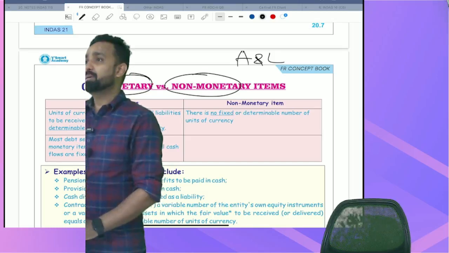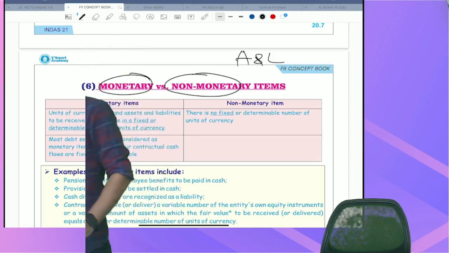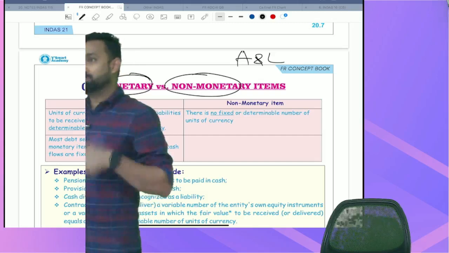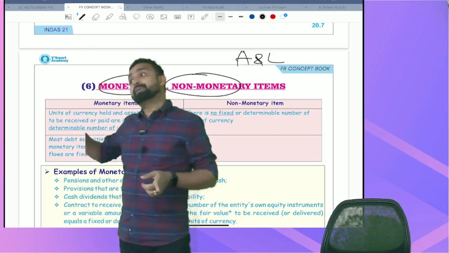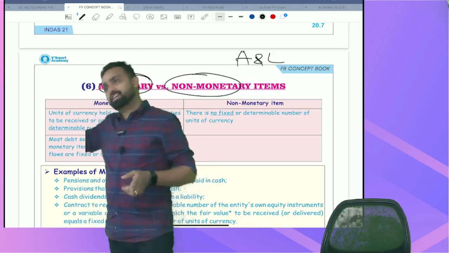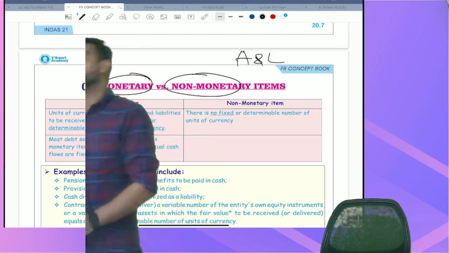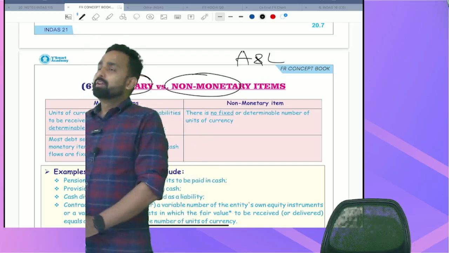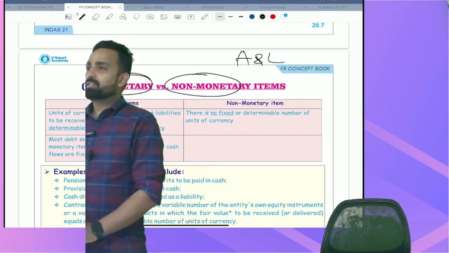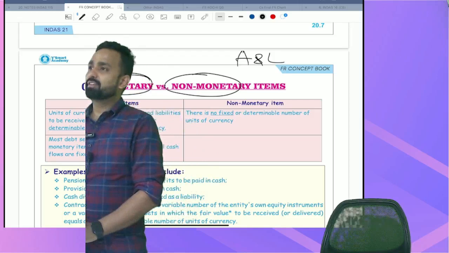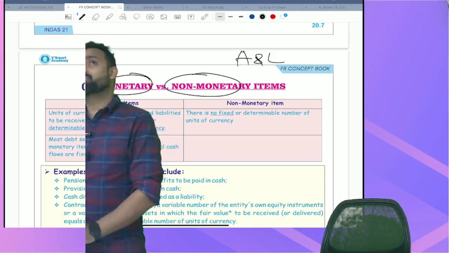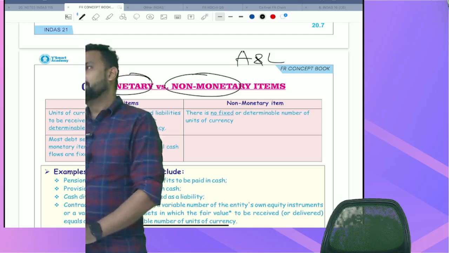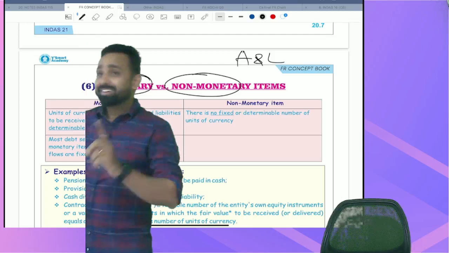Building, which Ind AS? Maybe 16, maybe 40. If the building is owner occupied, like using in my business, then Ind AS 16. If it is for capital appreciation, it is Ind AS 40. Now, suppose I am using the building in my business, which Ind AS is it? Tell me now. 16. How should I measure my building at the balance sheet date? Two options, either cost model or fair value model.